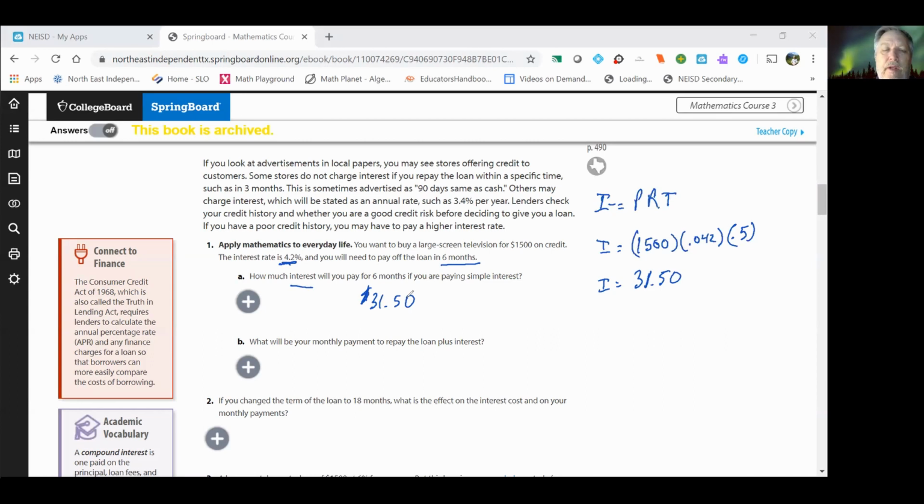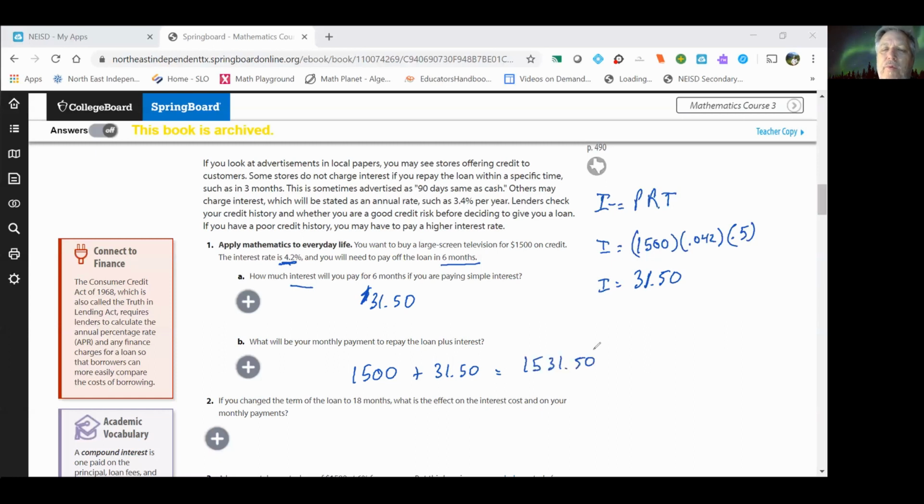All right. What would be your monthly payment to repay the loan plus interest? Now, to figure out the monthly payment on a simple interest, you find out the total amount of interest you're going to pay along with the original amount and divide it into the number of payments. So what we're paying here is $1,500 plus $31.50, and that's going to be a total of